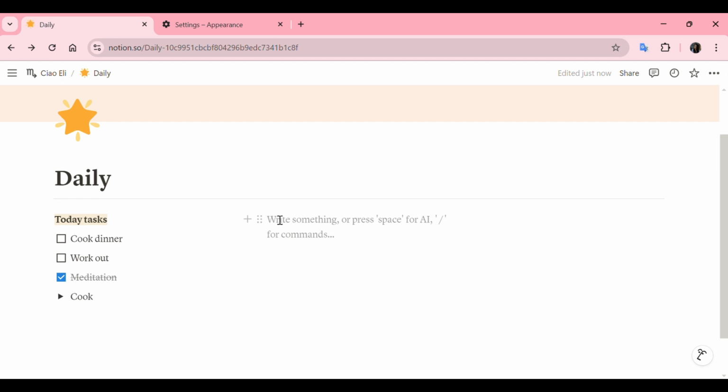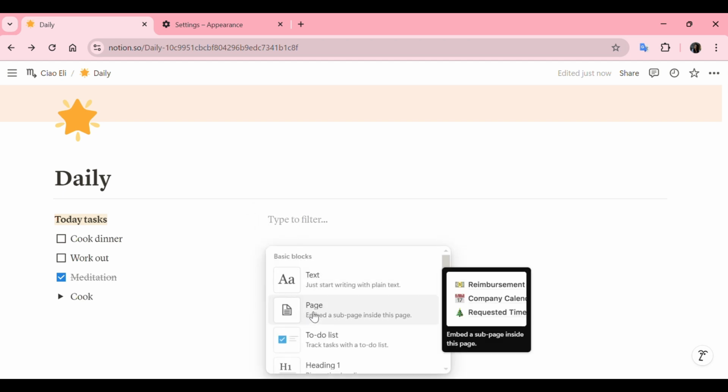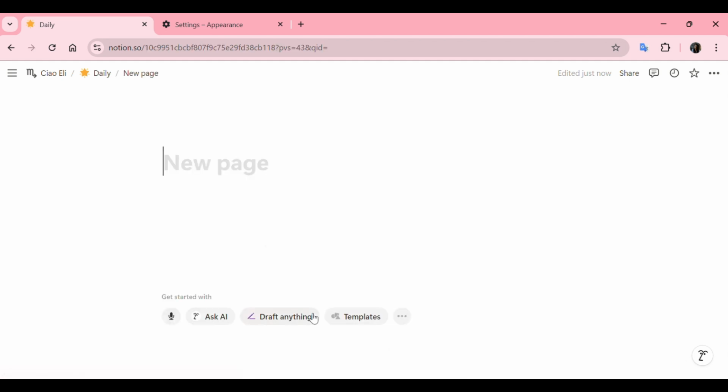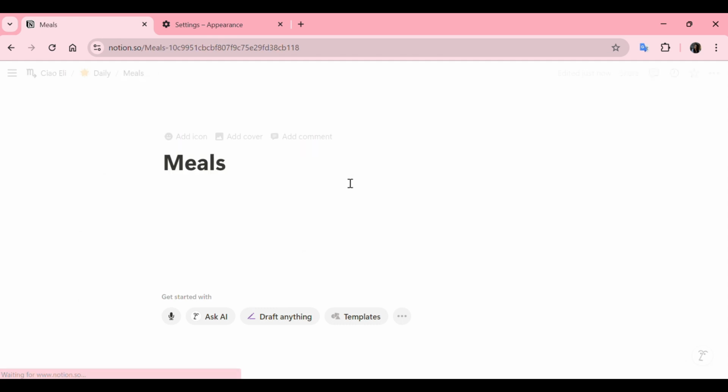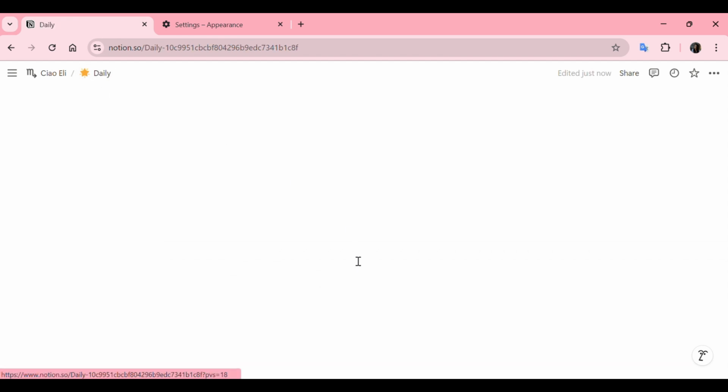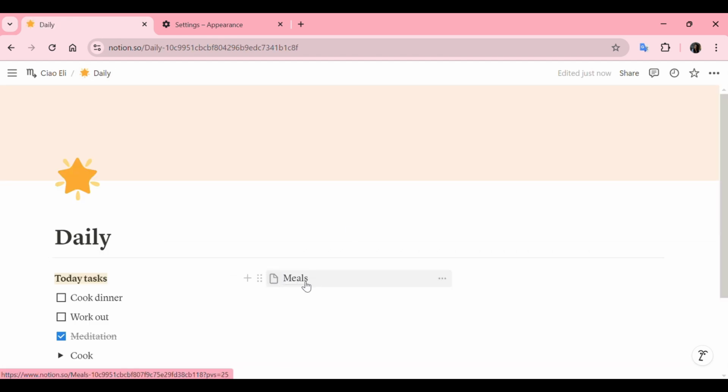Then the second function that we can have is to create pages within the page. This is very useful, especially if you want to have multiple areas that you would like to manage through Notion. For example, we can create a page to record our meals. So once you set a page, it will create a link to an existing page, and I would suggest to